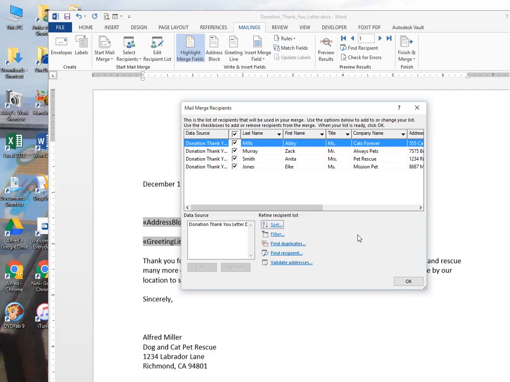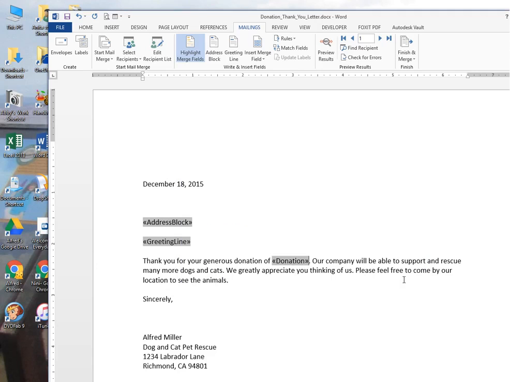Now that we're done with the data source and we've made our changes, click OK at the bottom. After clicking OK, you return to your main document. In the main document, you can make changes to your letter in case you found mistakes or you simply want to add on. In this case, I'm going to add another sentence to the end of the little paragraph, so I'm going to click at the end of the paragraph now. I'm going to type the new sentence, "Call us anytime," and then I'm going to go up and click Save